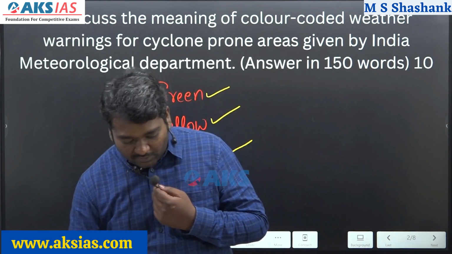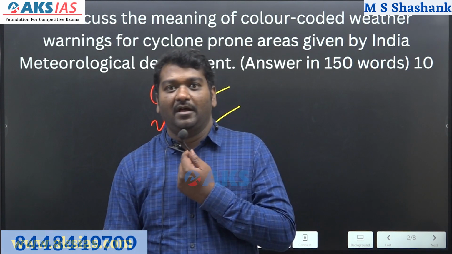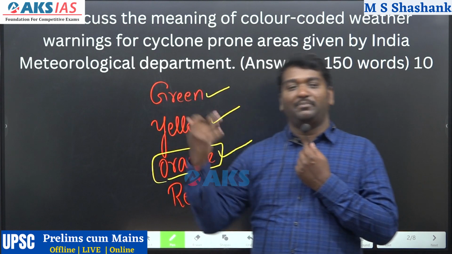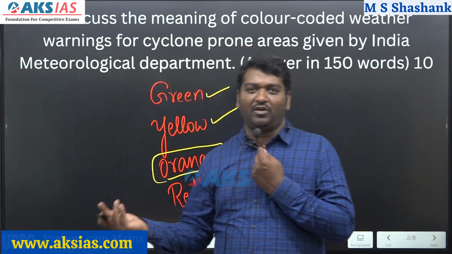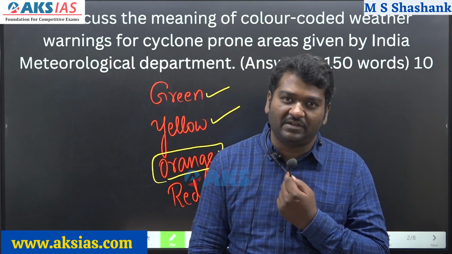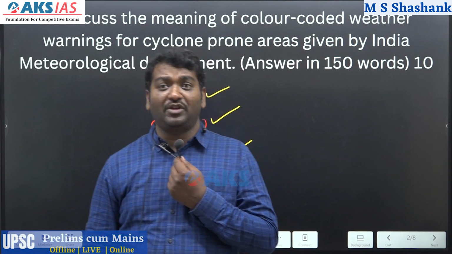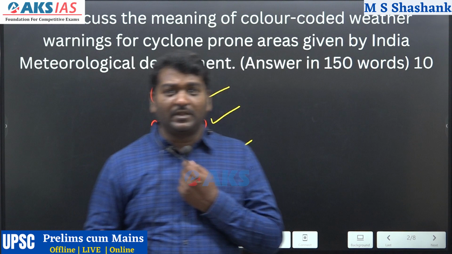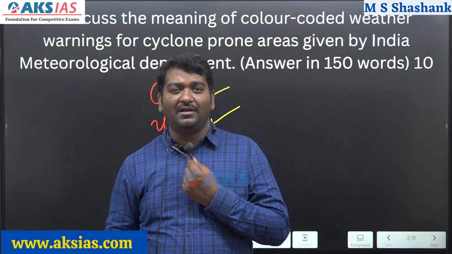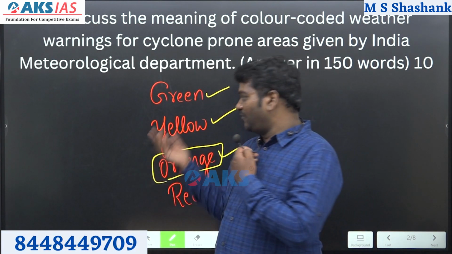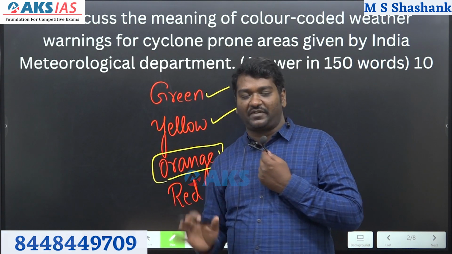As I'm trying to tell you, seriously, this was out of the box. I don't know exactly, because people in the examination hall will definitely think there may be multiple colors and what is the actual meaning of it, until and unless you have seen it correctly, guys. But let me tell you one thing, there will always be a question on cyclones, and UPSC has asked questions like how cyclones are named, what is the procedure that is established and all. So at that point of time, one question, it's fine, don't worry about it. But if you can write anything out of it, it's fine.